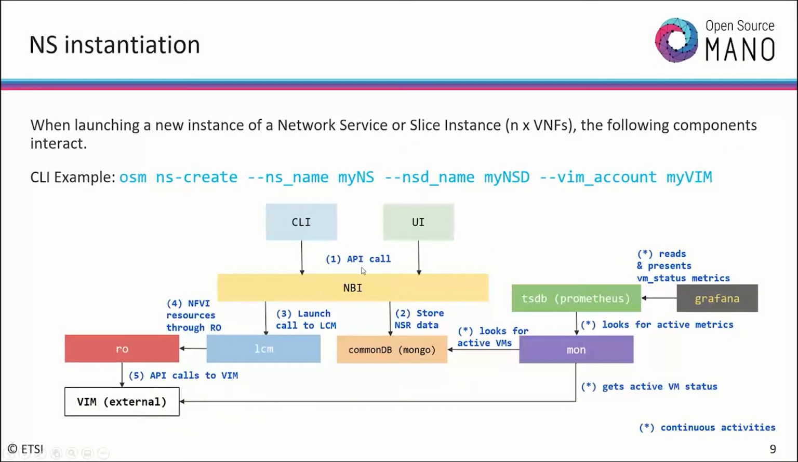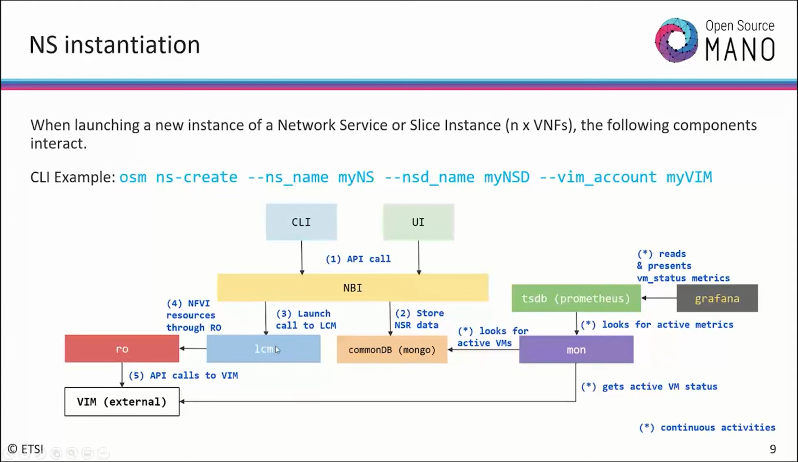So mainly it's the same. There is first of all an API call, obviously through the CLI, UI, or any other system. The NBI receives the request to instantiate something, to create a new instance of a network service. For every network service instance, there is a record. For every VNF instance that will be created, there is a record too. Those are stored in the common database. And then once those empty records are created, we publish a message in Kafka to